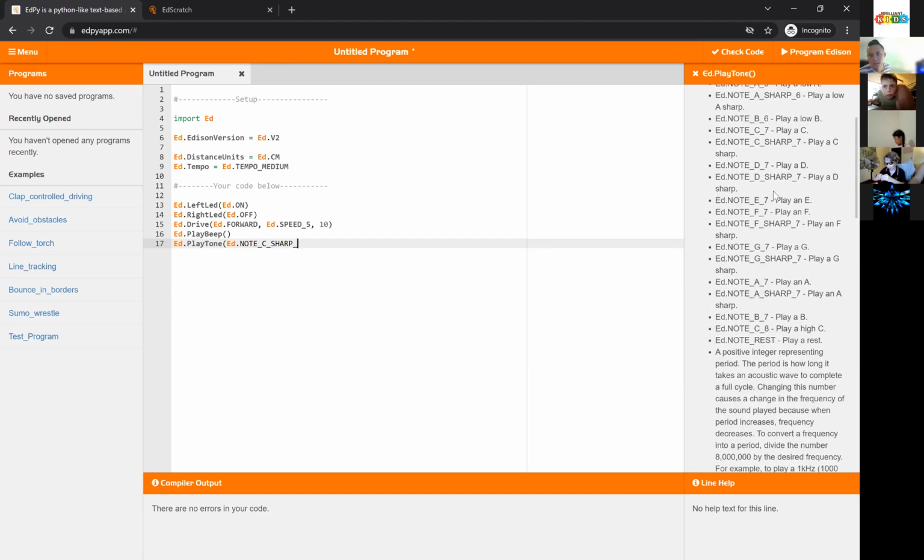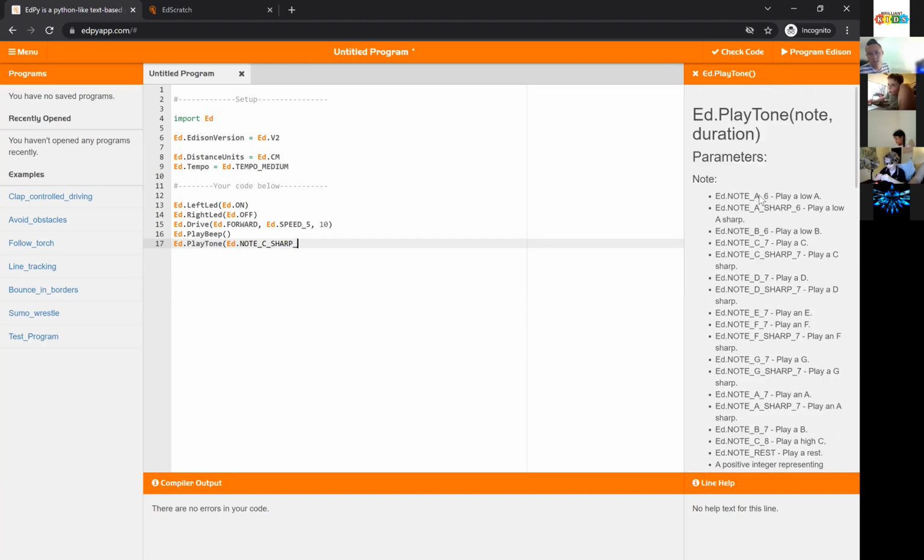And here's some random numbers. It's basically like the octaves. If you do piano stuff or music, this is like octaves above. But this is more complicated. Let's just play C sharp 7. If you don't understand this, this is just music stuff. That's fine. C sharp 7, and we'll do ed dot